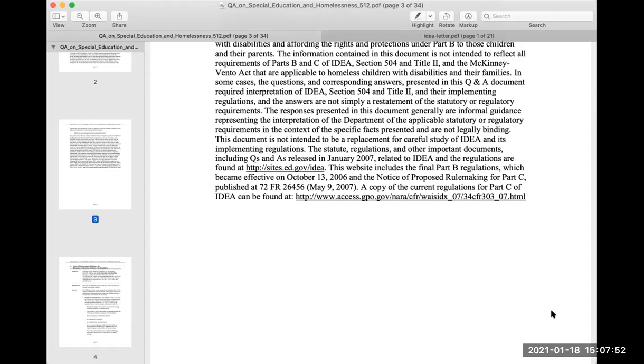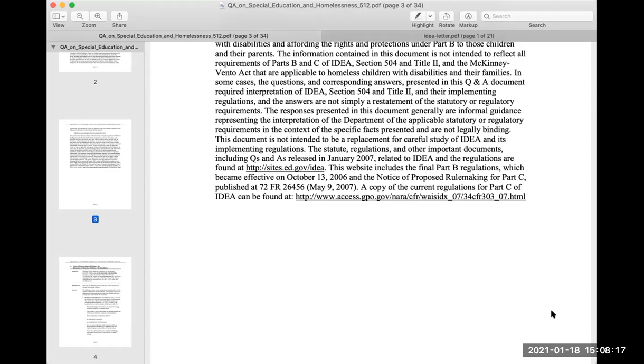Definition of homelessness. The McKinney-Vento Act covers all children and youth who meet its definition of homelessness. This means those children who lack a fixed, regular, and adequate nighttime residence. 42 U.S.C. 11434(a)(2). The examples listed in the law include children and youth who share the housing of other persons due to